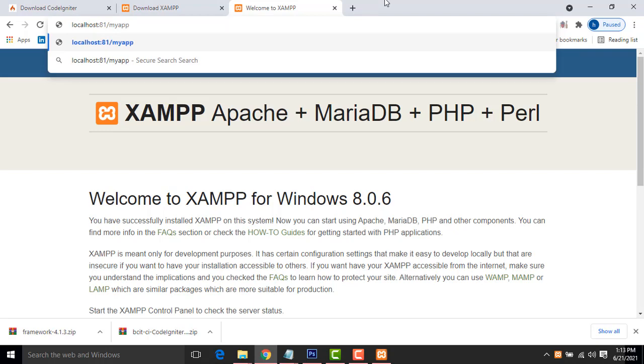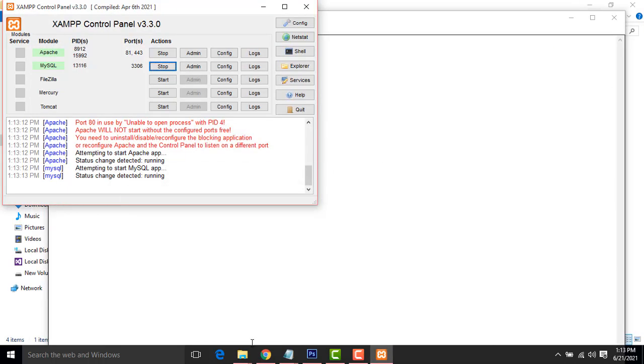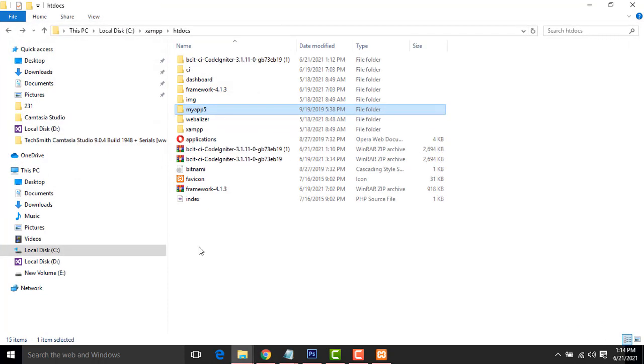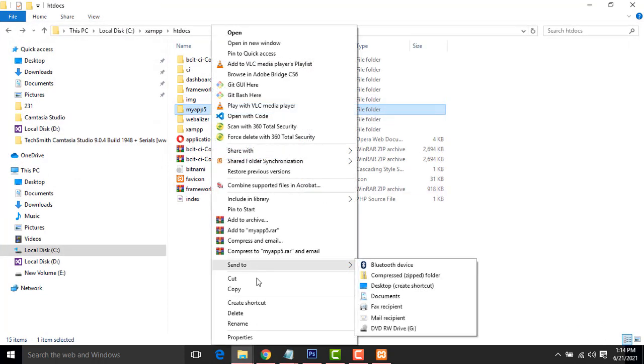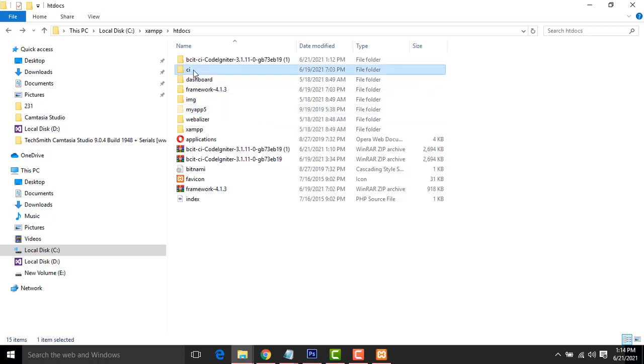My app 5. I just give us my app 5 here. This is your coordinator configuration, right? Instead of doing that, you put it in a separate folder, my app 5. Okay, here I just cut the line. Instead of that one, I have created a folder called CI. CI means coordinator. I just create the file.